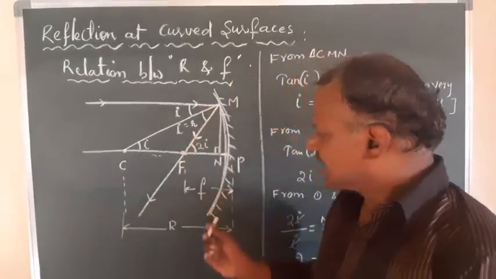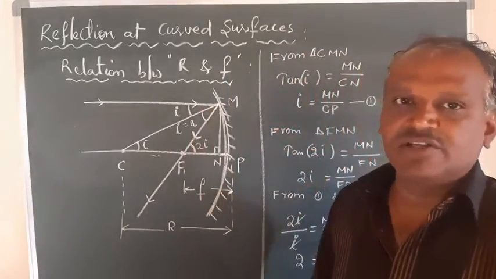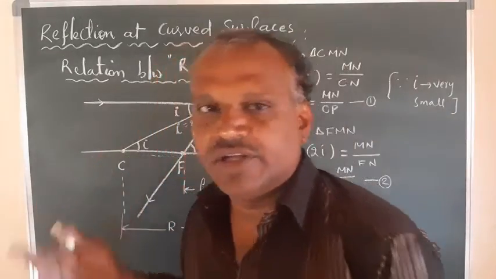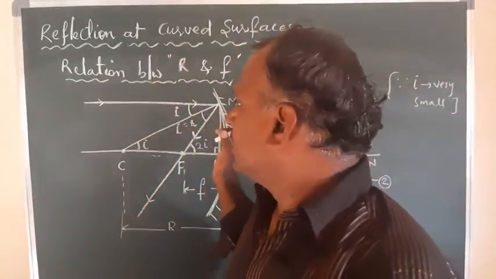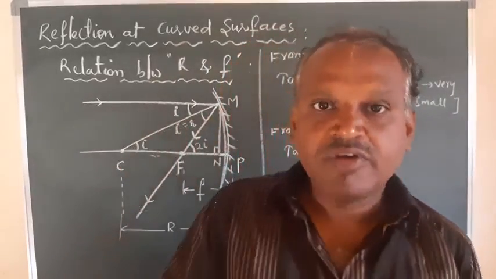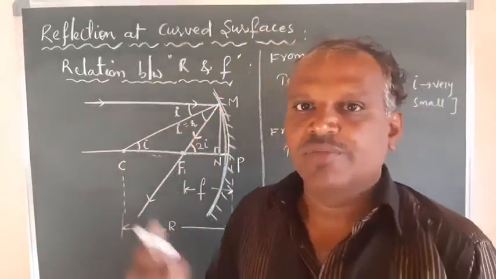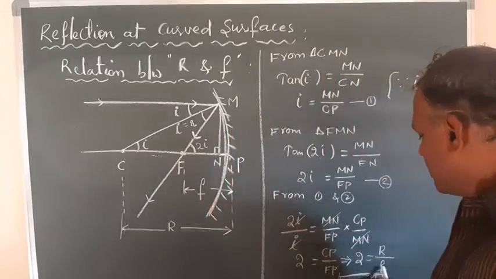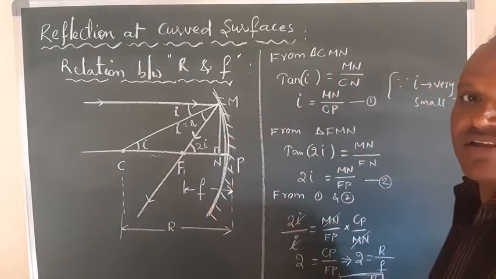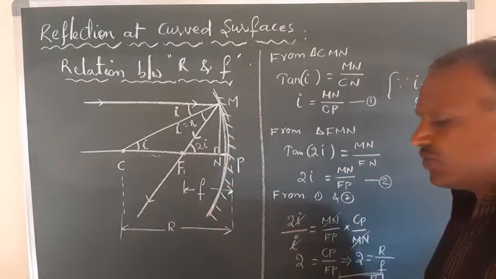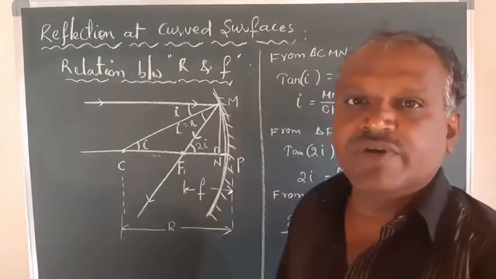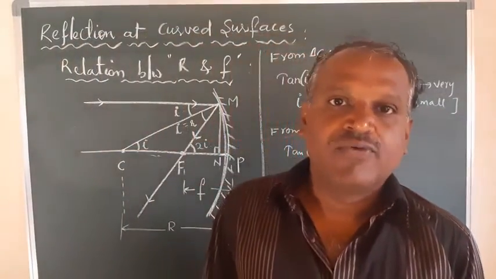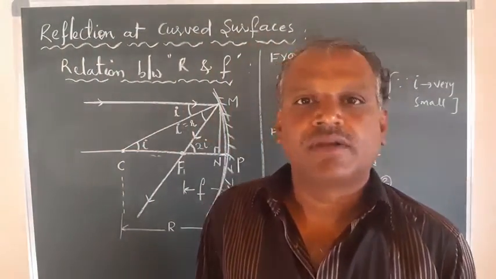Here I am taking the concave mirror, but if you take a convex one also, this relation is the same. We have taken any one; it is not compulsory to get it using only concave. Convex also you can get the same relation, so I am not doing that. It is enough, which one we are using here does not matter. What is important is the relation between f and R, focal length and radius of curvature. That is what we got here.